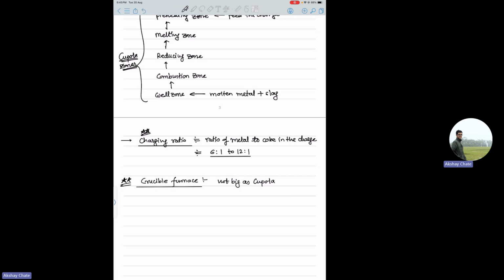In a crucible you have a small ladle kind of metal, and it's a small scale. But the combustion process or the working principle is more or less the same, and at the core of it, you are melting something using combustion products, but at a small scale. That is what a crucible is. And one more thing about crucibles is,